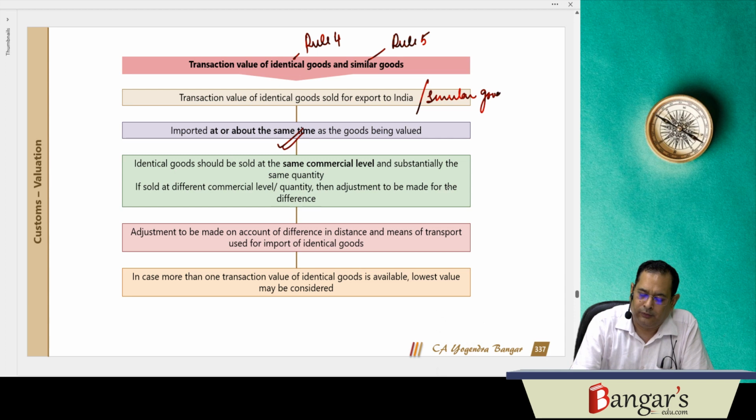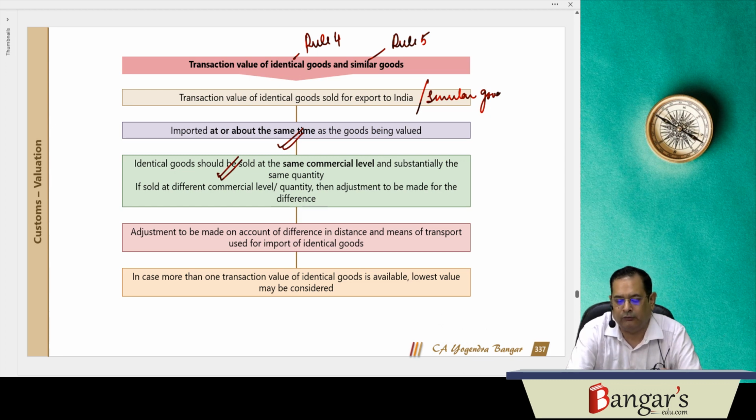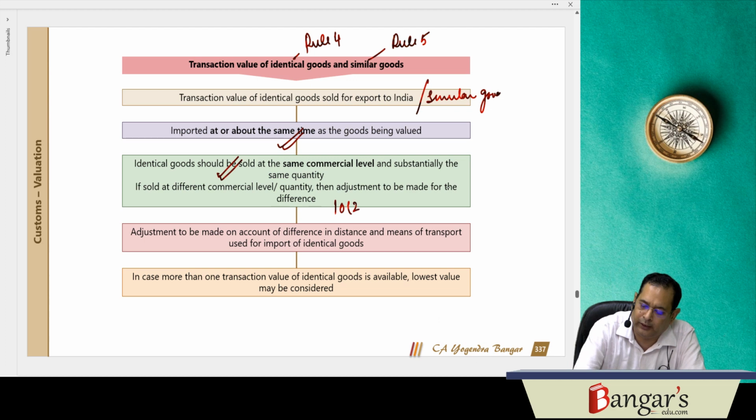And here the identical goods shall be taken at the same commercial level and same quantity level, and in case there are differences in the commercial level and quantity level, then adjustments will be made for the differences. Besides this, adjustments will also be made for the costs and services of 10(2), that is transport, insurance,